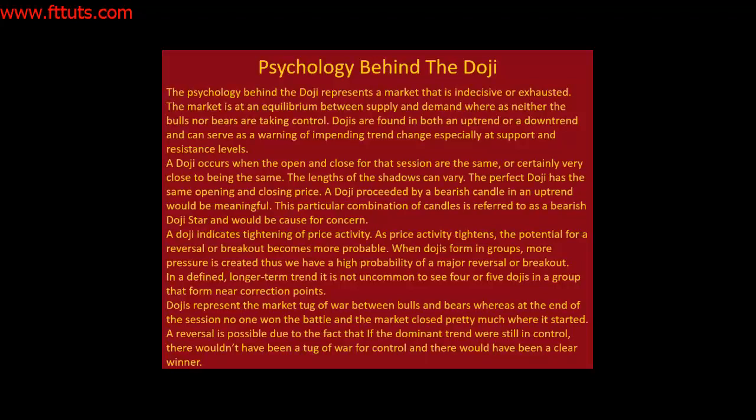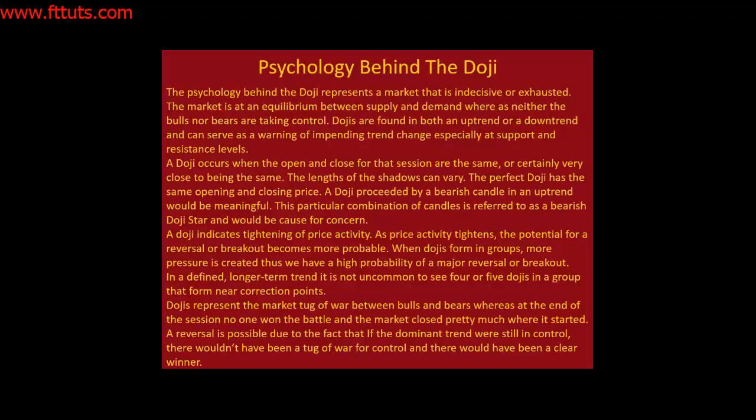A doji indicates tightening of price activity. As price activity tightens, the potential for a reversal or breakout becomes more probable. When dojis form in groups, more pressure is created. Thus, we have a high probability of a major reversal or breakout. In a defined, longer-termed trend, it is not uncommon to see 4 or 5 dojis in a group that form